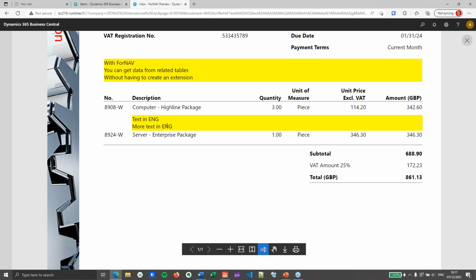We now have two text lines in English. The actual language of this specific sales invoice is English, so I get these two text lines in English. The only thing you need to be careful of, of course, is that by doing this you get more data than you will actually need. If you have 20 languages in your system, each with 2 lines, then you will get 40 lines of records from your database,